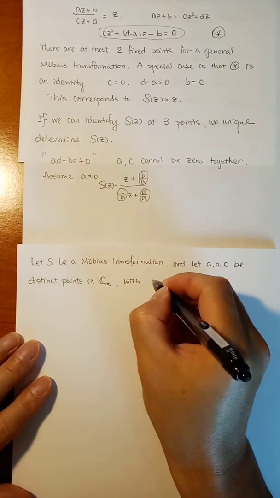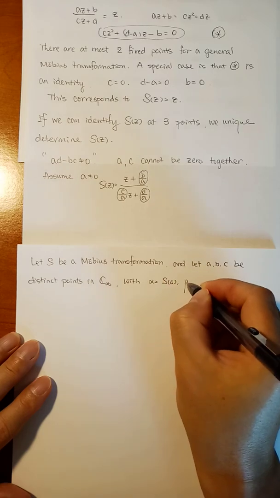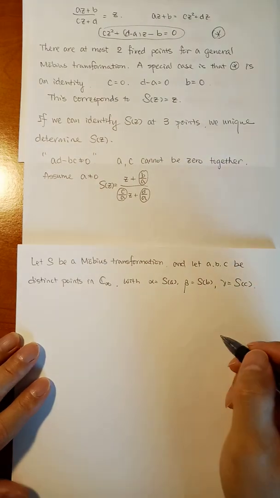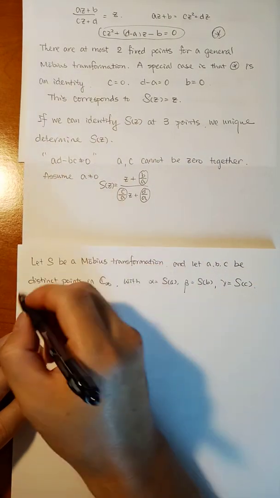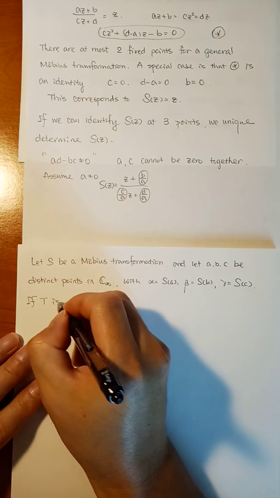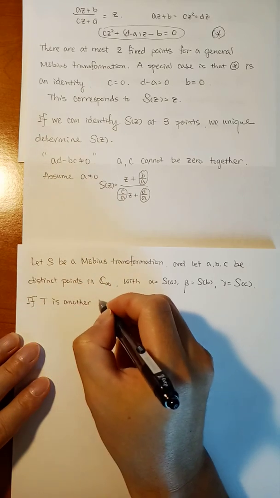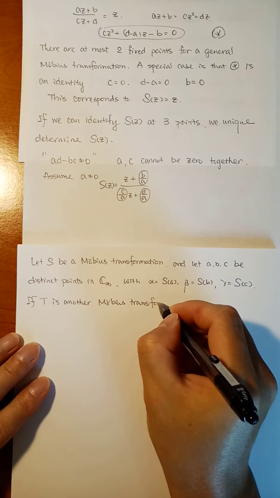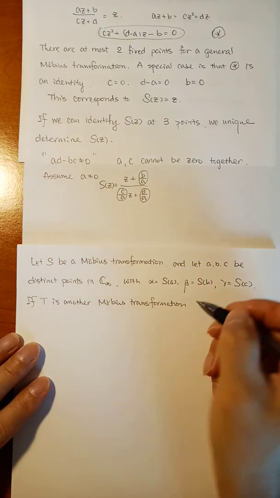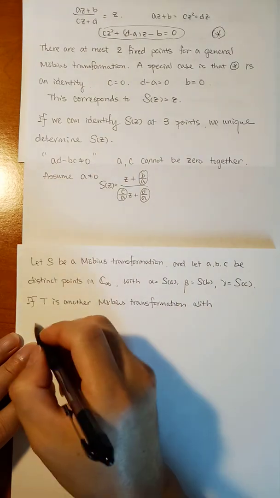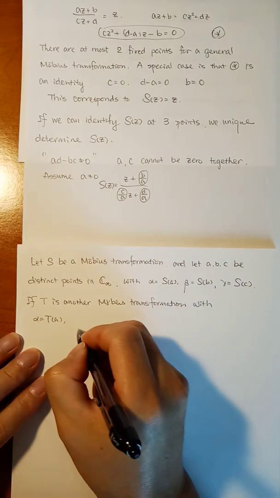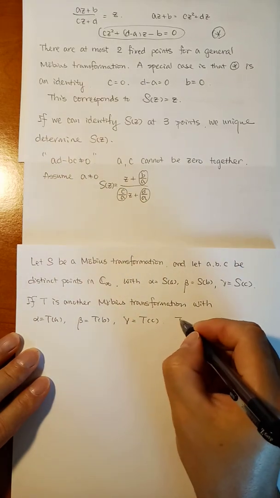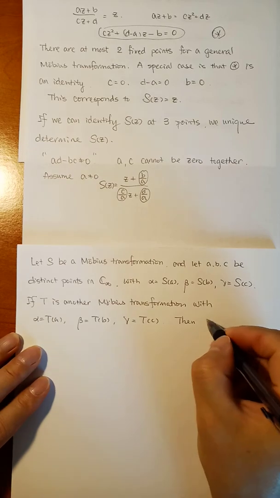With alpha equal to S of A, beta equal to S of B, gamma equal to S of C. So you have 3 values. And if T is another Mobius transformation with the same property, alpha is T of A, beta is T of B, gamma is T of C, then